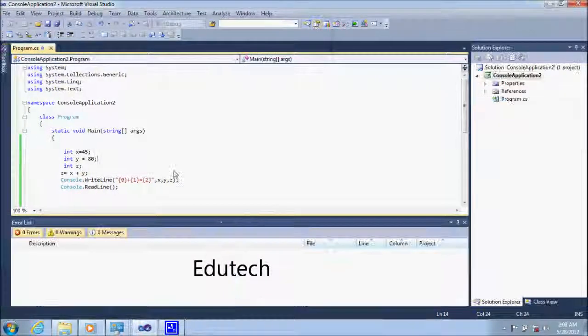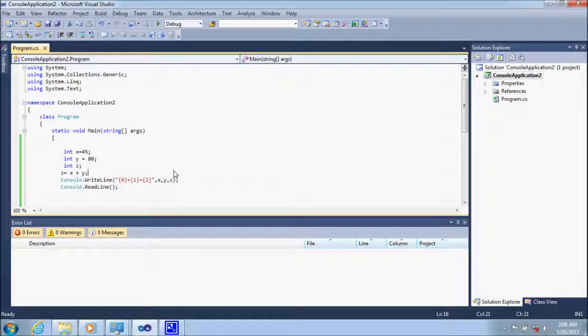So this is the way you are able to format the output, and this is called formatting output using the arguments. Here you are using three arguments, and you have to specify each argument in its place. That is the only rule, and I think you get the point. So that's it.